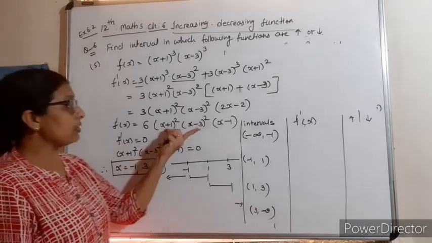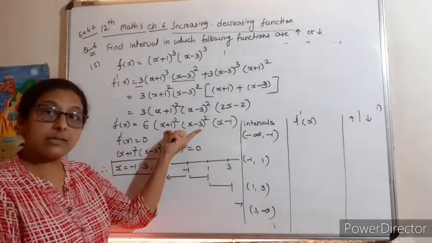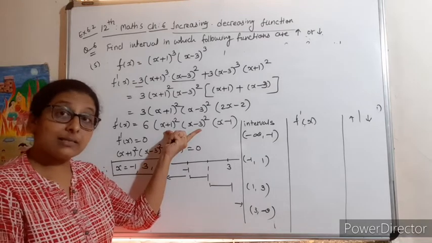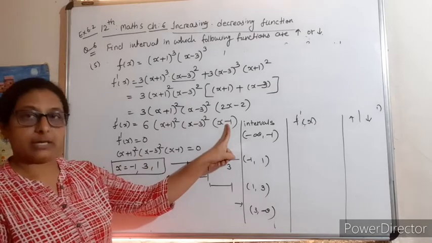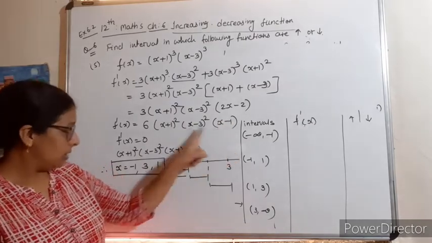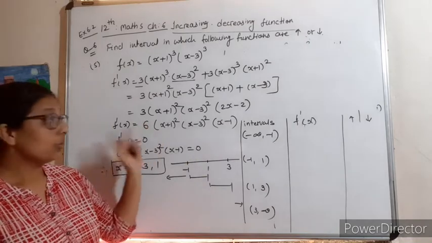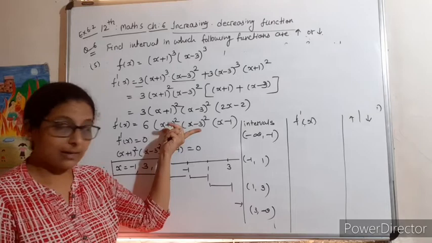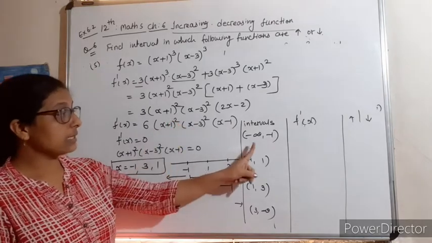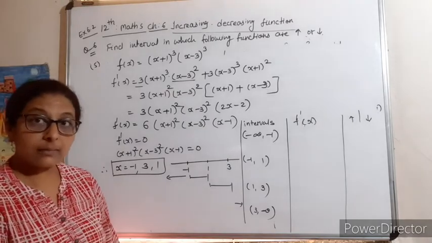So यहाँ पे आपको check करने की जरूरत ही नहीं है because x plus 1 and x minus 3 is always greater than 0 because of the square. So you just check this bracket only. अगर ये positive है, the whole positive, this is negative, the whole is negative. तो जो square वाले bracket है उसे तो कुछ check नहीं करना है. Understand? Okay. Now in minus infinity to minus 1 में हम x equal to minus 2 ले लेंगे.